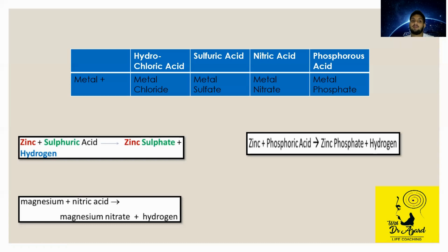Keep in mind that when a metal reacts with sulfuric acid, it forms a sulfate. When it reacts with nitric acid, it forms a nitrate. If it reacts with phosphorus acid, it will form a phosphate. If a metal reacts with sulfur, it forms a sulfide. With nitrogen, it forms a nitride, and with phosphorus, it will form a phosphide. So those are small variations that might confuse you, but don't let those words confuse you. You just need to know the basis of these reactions and what these names are. Be specific. When you're doing this, be crystal clear.